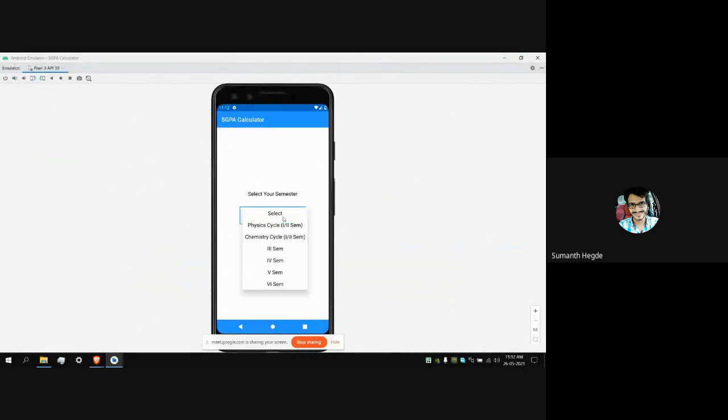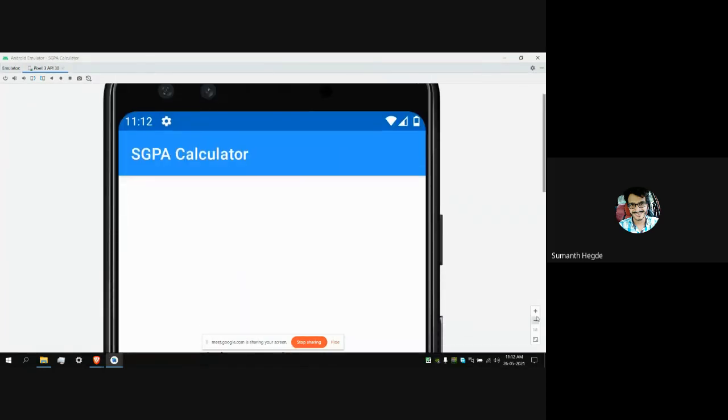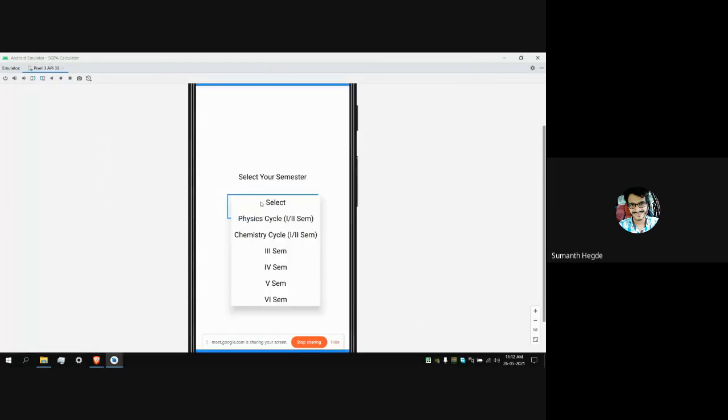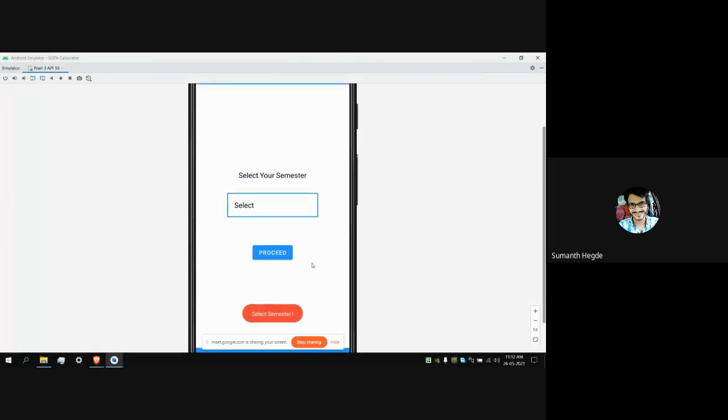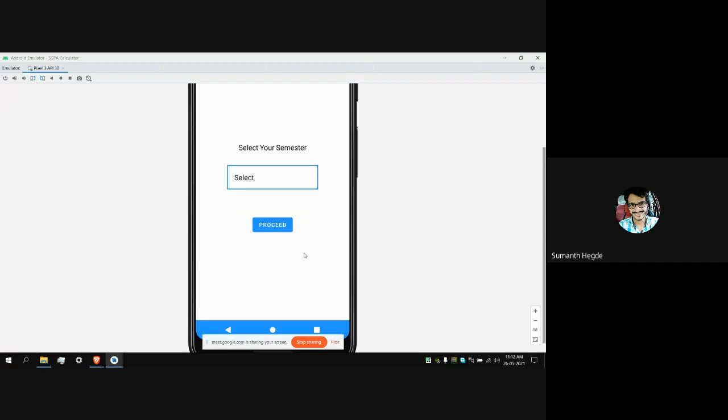Here you can see if the user has not selected any semester and then clicks on proceed, it will pop up a toast message that says select semester. If the user selected anything, then... it's lagging, it's showing a not responding dialog. Just wait for a second.